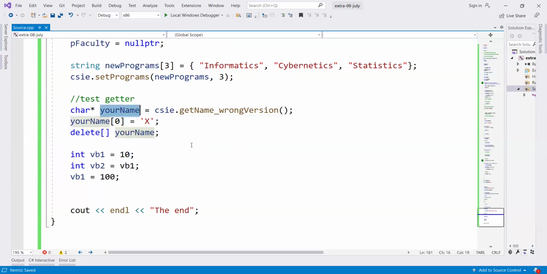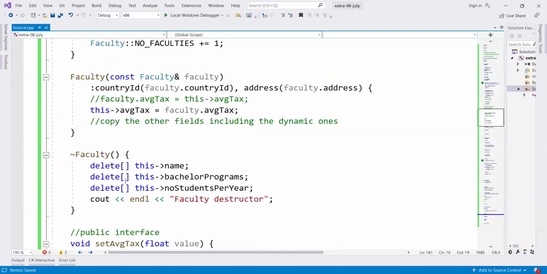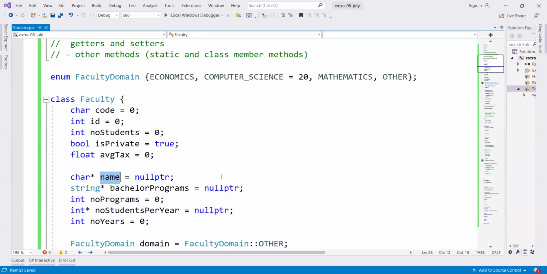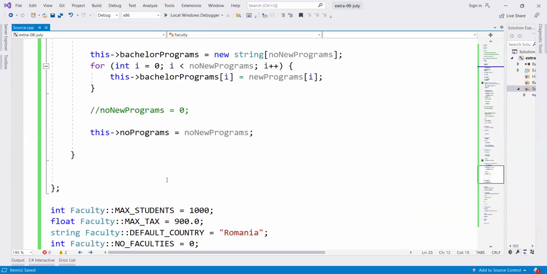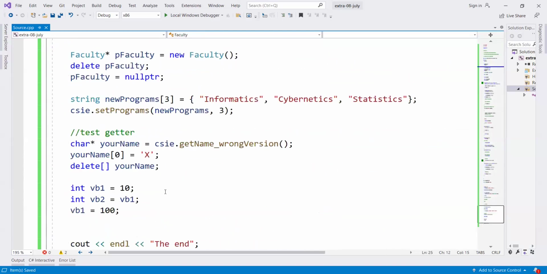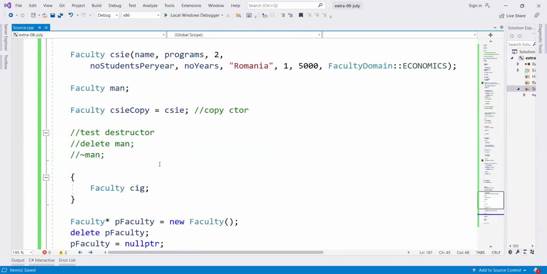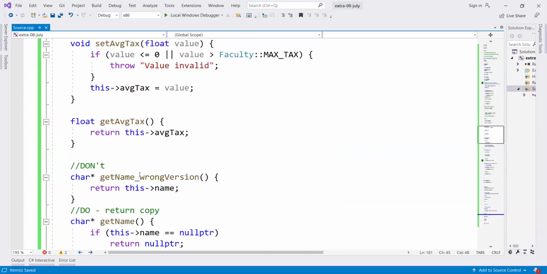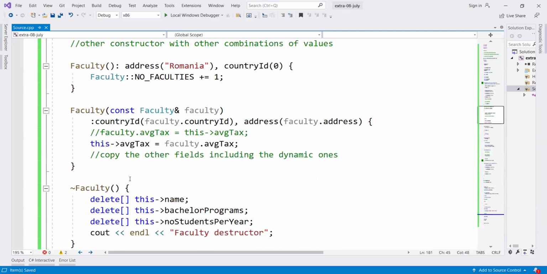Your name? Just ignore that it's a pointer. It's a variable, right? Is this name a variable? Yes, it's a variable. So it has a value, which is a number. Just ignore that it's an address. It's a number. When you say your name equals get name wrong version, what do you get? You get the value of the variable name